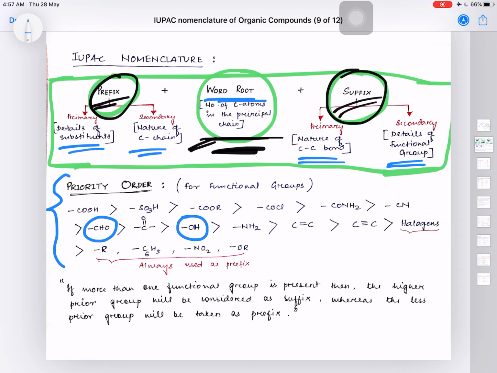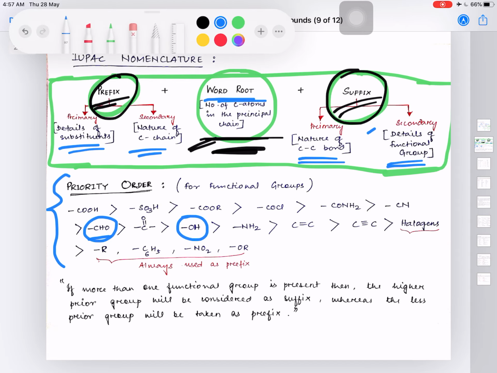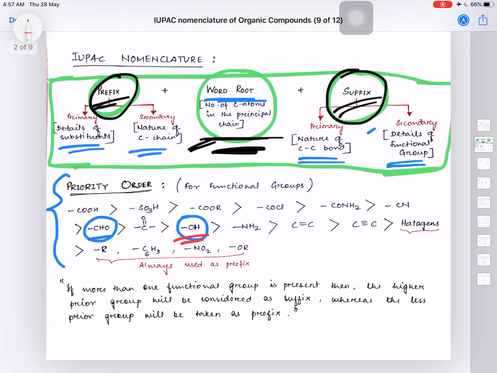The priority order tells us which functional group is stronger compared to the other. Whichever functional group is stronger will go to the suffix, and whichever is weaker will go to the prefix. In the case of an aldehyde and an alcohol, alcohol is a weaker functional group compared to an aldehyde. So CHO, since it is a stronger functional group than OH, is the one that matters here: if both groups are present in the same organic compound, then OH will become the prefix